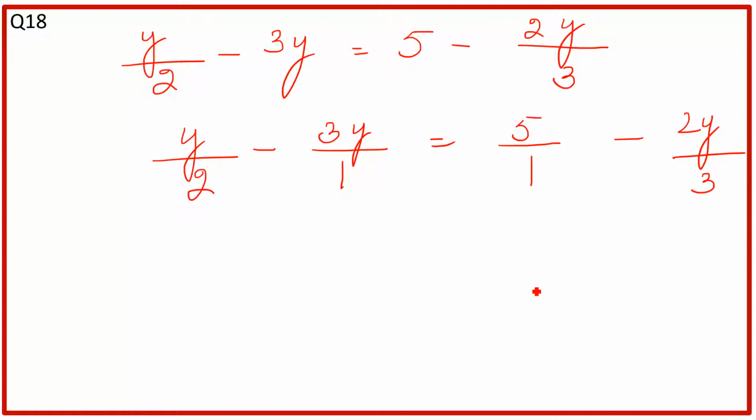So I have told you, if you have a fraction, we can solve this question by taking LCM, and there are some other methods as well. But the easiest way is you have to eliminate the fraction, the denominator. So you have to multiply each term in such a way that your denominator should be eliminated.